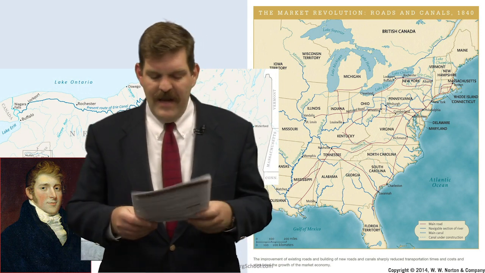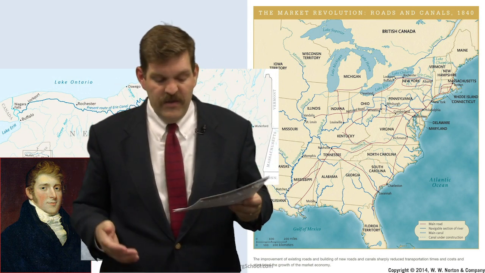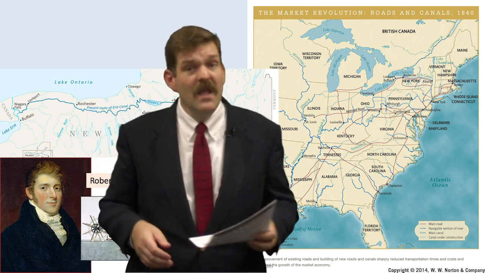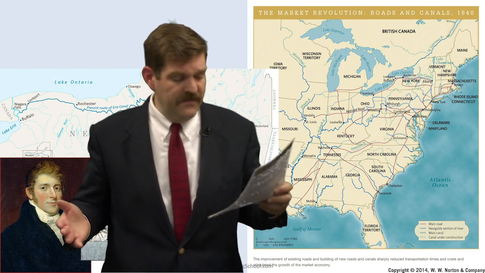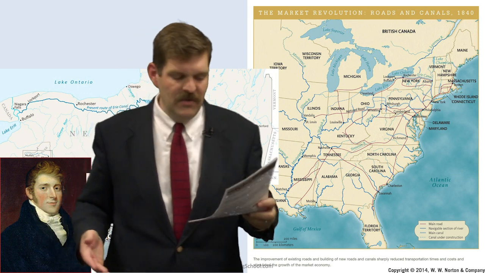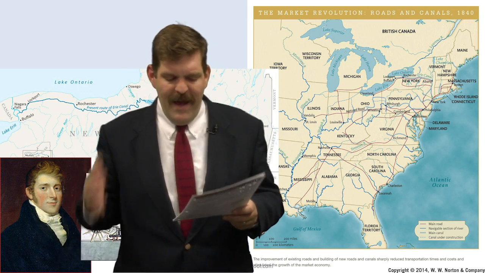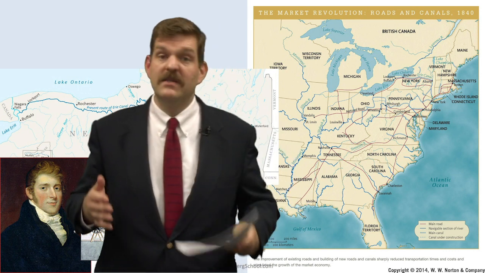The state-funded canal typified any internal improvements. By 1837, there were 3,000 miles of canals that had been built, really at a pretty great cost. They were expensive to do. Some states actually borrowed so much money that the state went bankrupt in the 1837 financial panic. But this improved water transportation most dramatically increased the speed and lowered the expense of commerce.